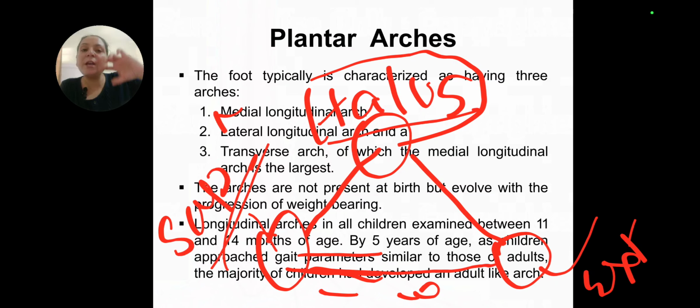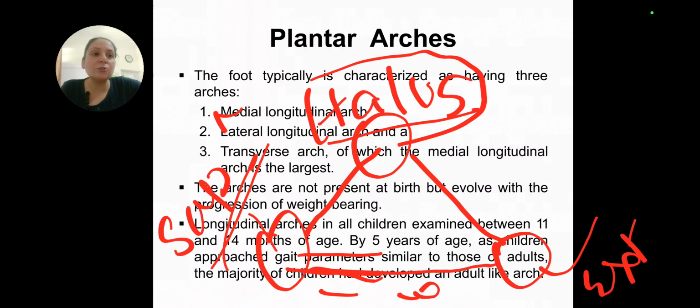It brings about a supination of calcaneum. We want the medial longitudinal arch to increase, and it brings about a locked in position of the calcaneum. What will happen here? It brings about a locked in position of the hind foot, so that the foot acts as a rigid lever. The midfoot also goes into supination, and it acts as a rigid lever on which the motion takes place. Hip extension takes place and weight bearing takes place. Fine. So this effect is called the windlass mechanism. This happens in the windlass mechanism.